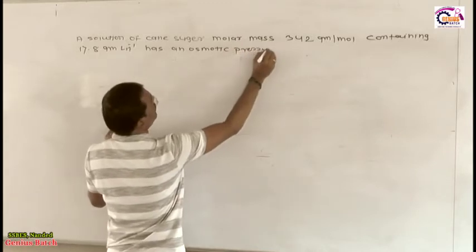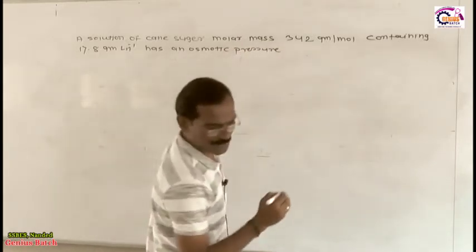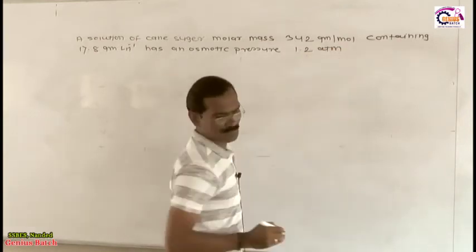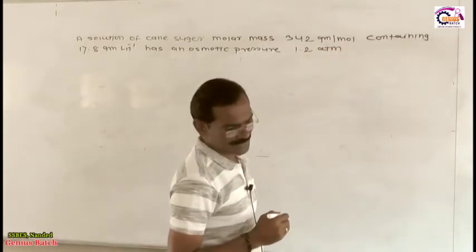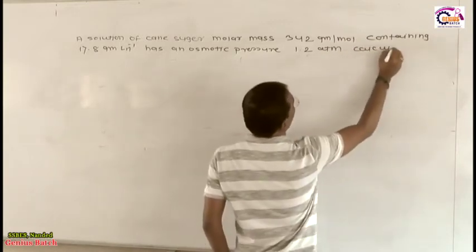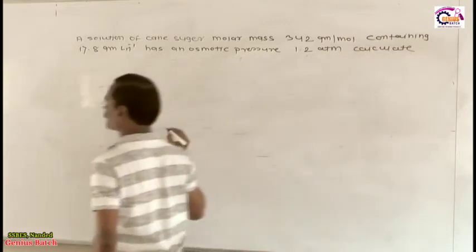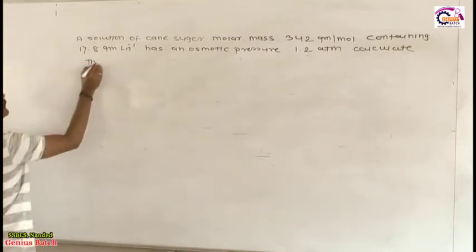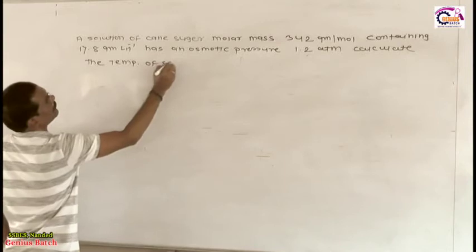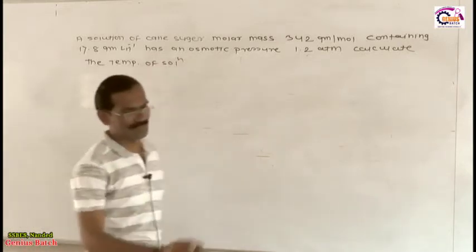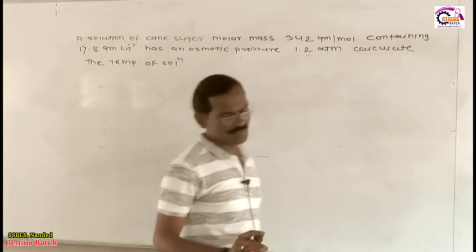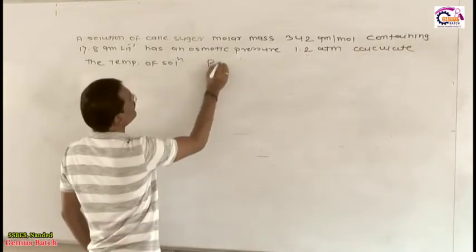How much osmotic pressure are they given? Osmotic pressure is 1.2 atmosphere. They are asking you to calculate the temperature of the solution. And finally, they are given a value of R. Therefore R is equal to